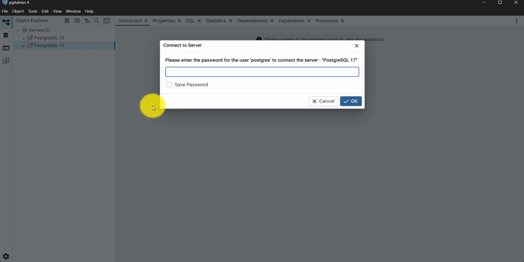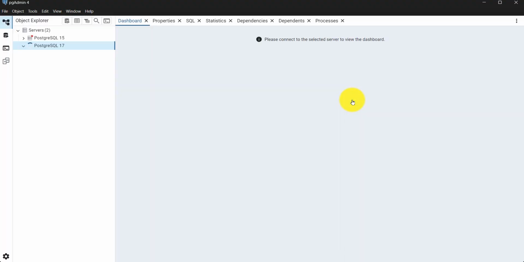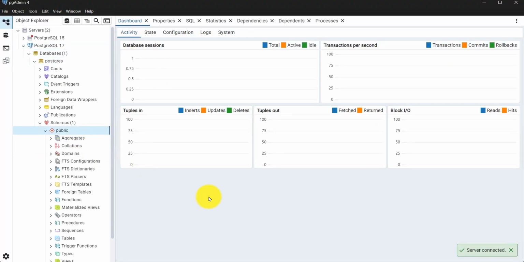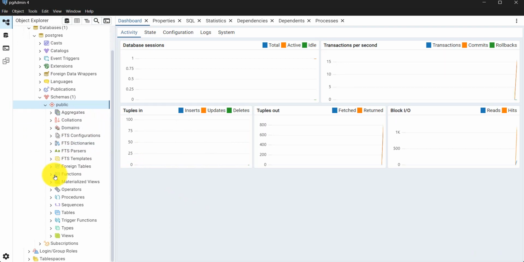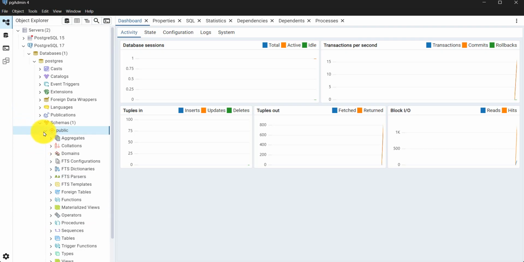Click on it and it will ask you for the password you set earlier. So for me it was 1234. Click on save password, so you don't have to enter it always. Click on OK, and here we go. We can see all our dashboards are live. So now we will just verify it by creating one table. So to do that,